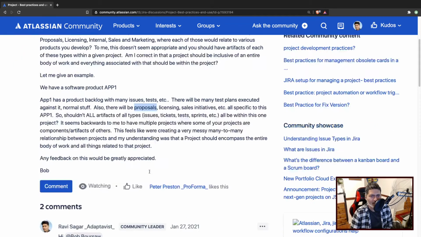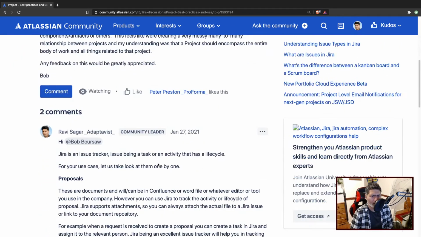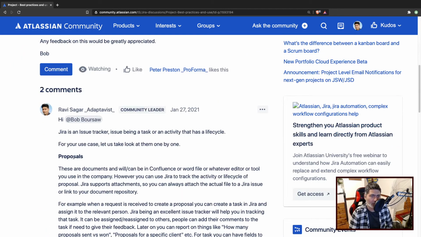And I tried to answer that question for each and every type of activity. I didn't really start with the software part, like the development part, because that is too obvious. In case you want to do your development, of course, you can start by using Jira Software, using Scrum or Kanban. That is totally up to you if you want to use Scrum or just a Kanban board. Now, when it comes to using proposals, for example,